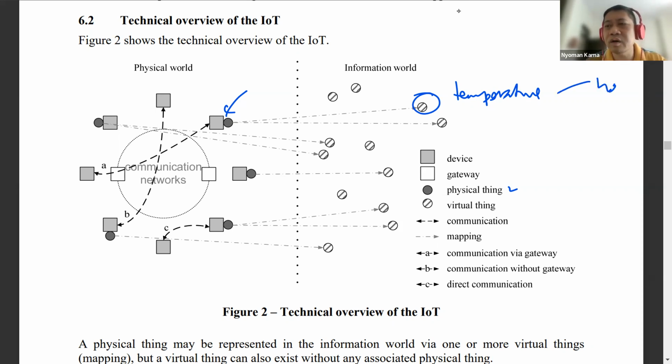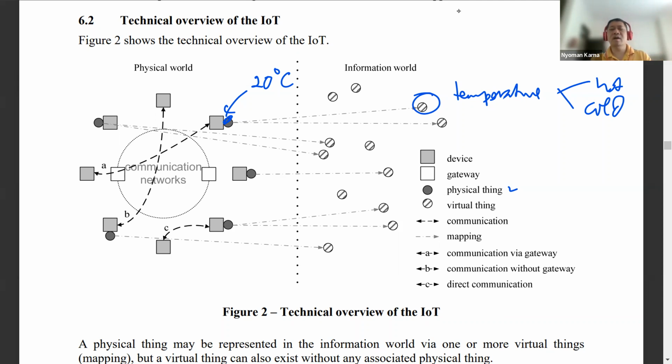So this could be hot or cold. But after we transform that temperature using a physical thing, here, now we can have a value. And that value could be, for example, 20 degrees Celsius. That's the purpose of the physical thing.